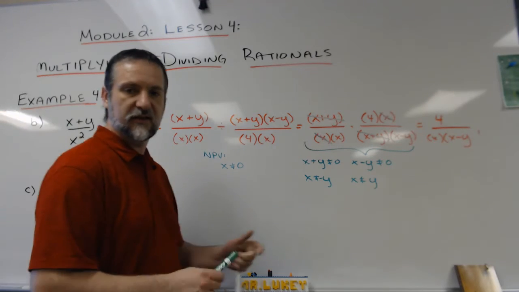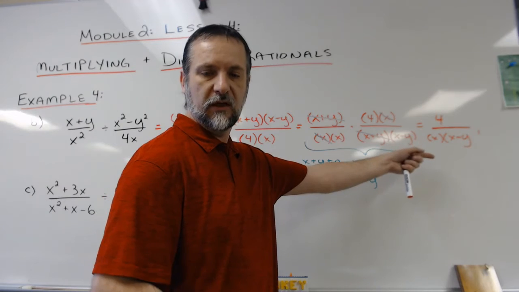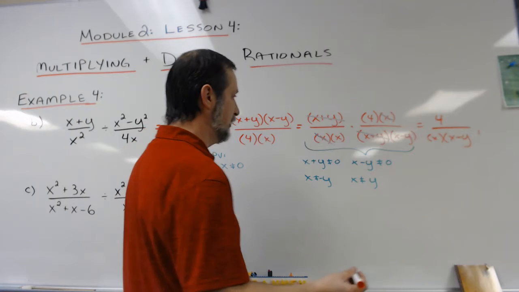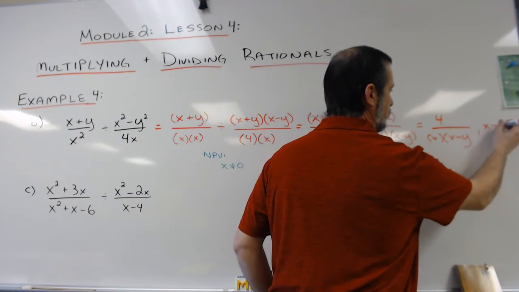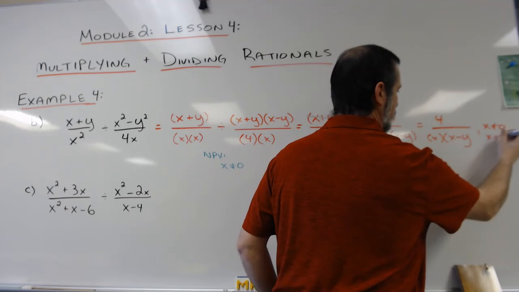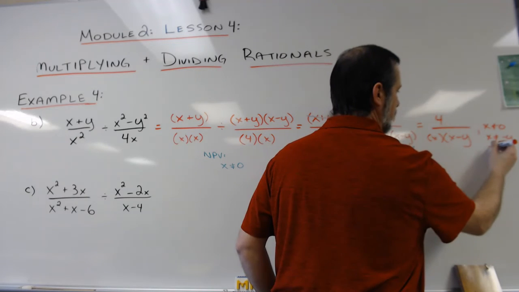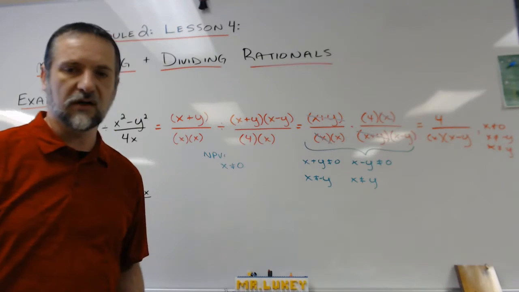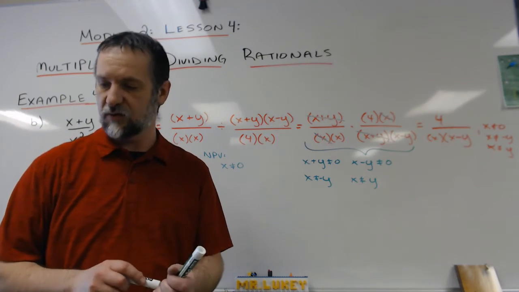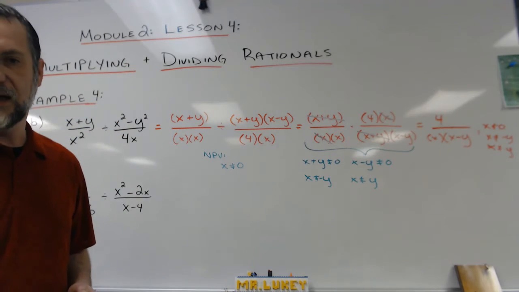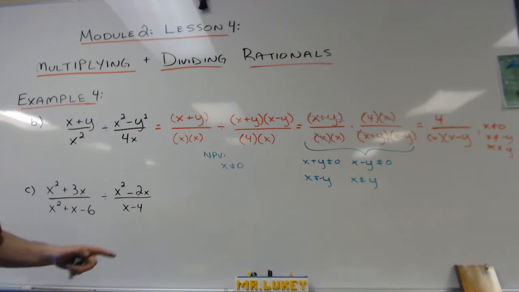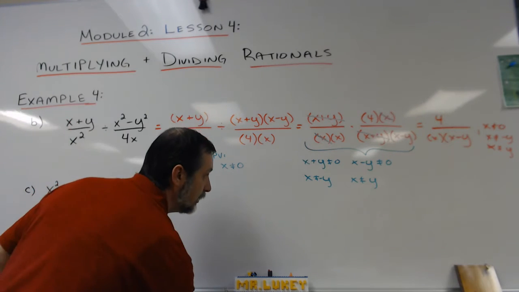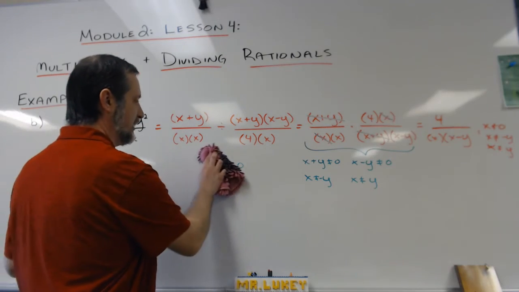So my final answer, yes, it would be 4 divided by x times x minus y. But my non-permissibles I'll have are x cannot equal 0, x cannot equal negative y, and x cannot equal positive y. So there are some non-permissibles that we still have to keep in mind on that question. As I have that, I'm going to be cutting. I have them written down. Hopefully you do too. I will erase these off the board for the time being,